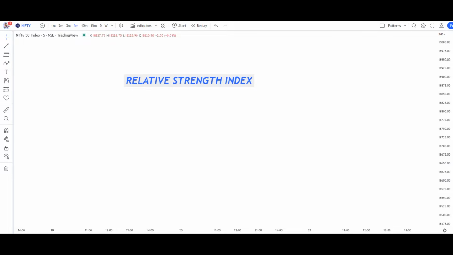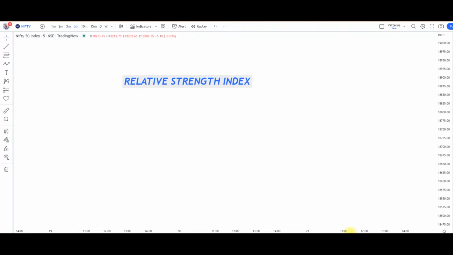And today we are going to see the divergence strategies, which is very powerful. If you understand RSI very well, you can trade like a professional. Means you will get a clear picture of where to buy and where to sell. The RSI you can use in any time frame, like 1 minute, 3 minutes,